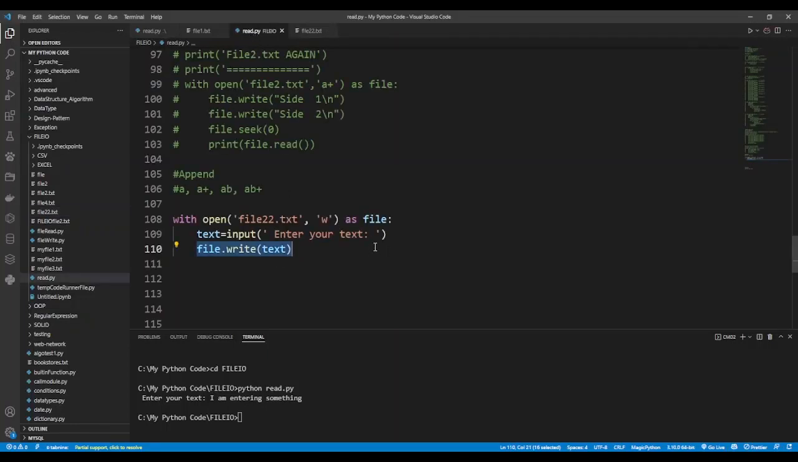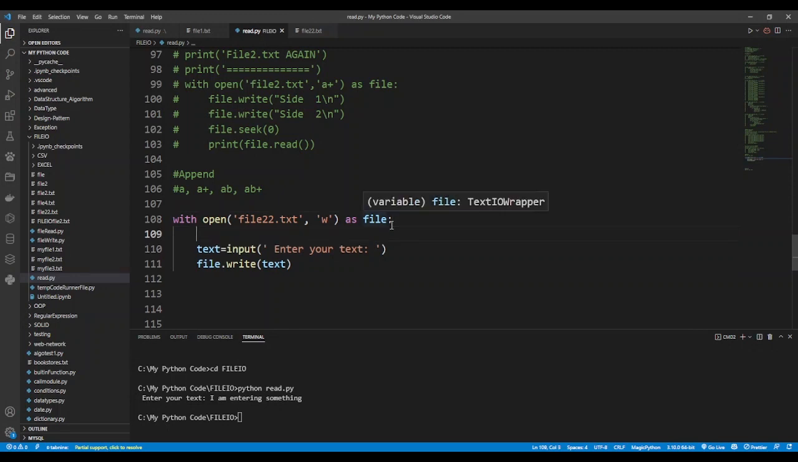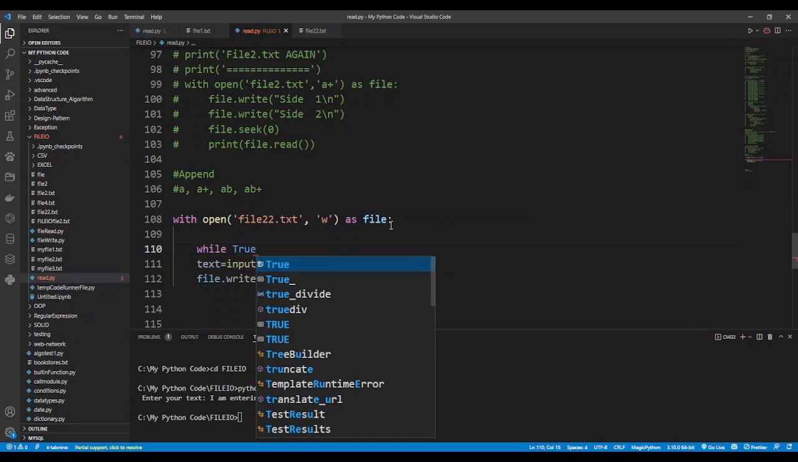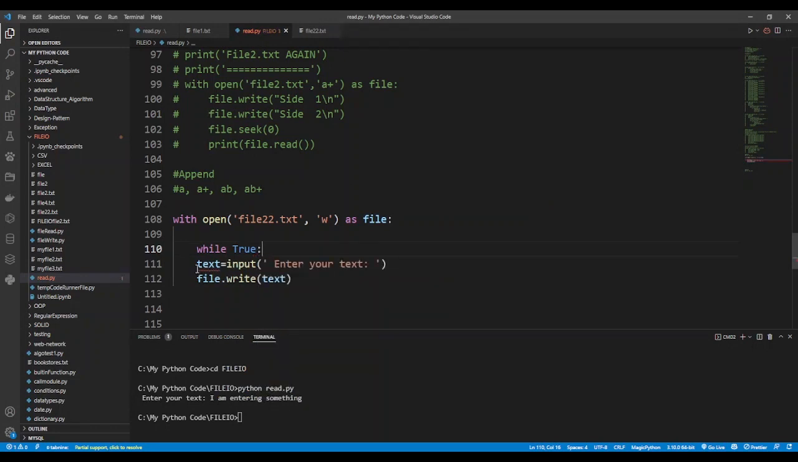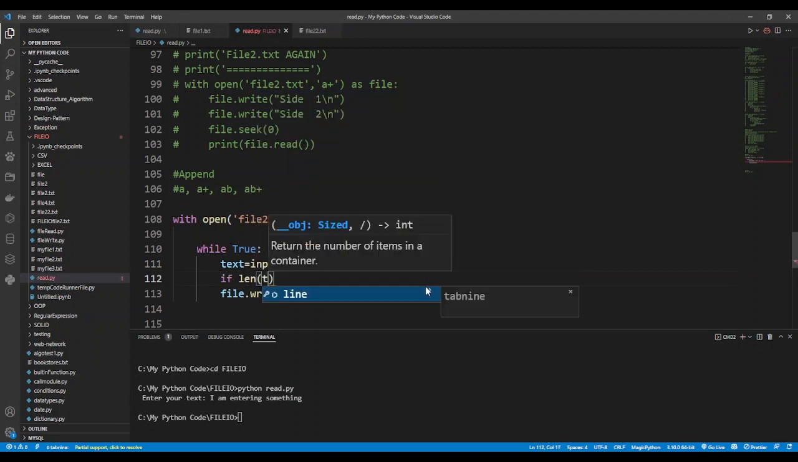Now I would like to make it a little bit better. So what I want to do is to be able to keep entering text so that it won't just be one entry and then it comes out. So I'm going to do a while True. While True means as long as I keep entering this text, keep writing in it. The trouble with this is that it's not going to ever stop because there is no way to break out of this loop. I'm going to say if the length of the text,